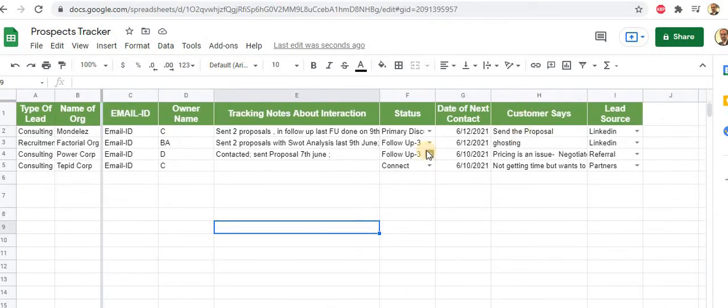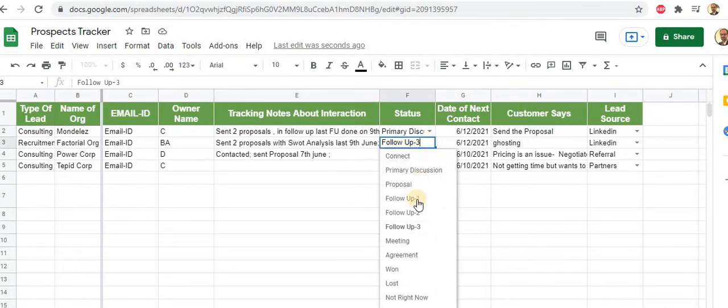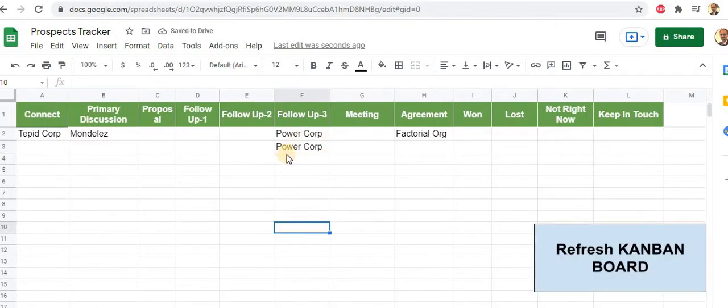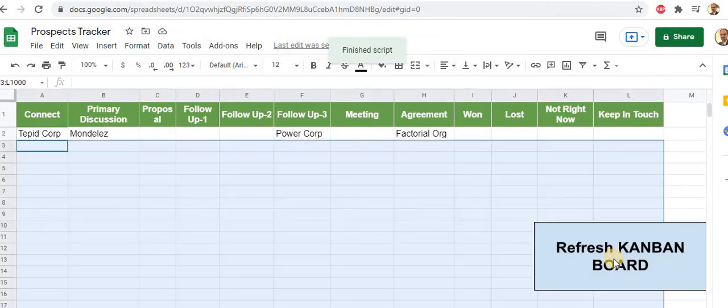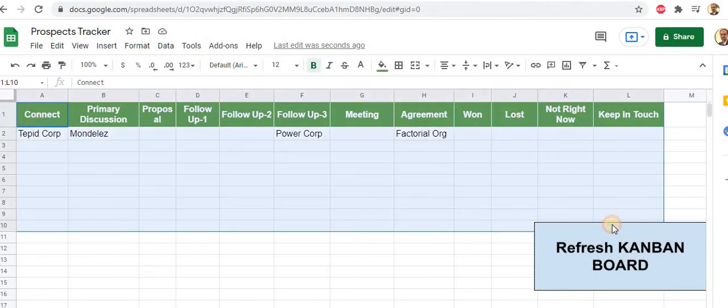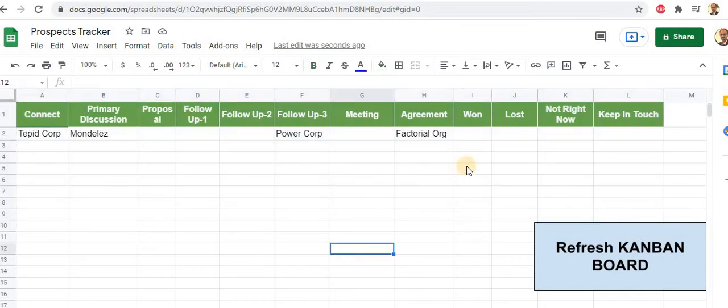Let's say the Factorial organization moves from follow up to agreement. Let's see what it shows. There you go, this is clearly a bug, so I simply click on refresh. One good practice is that anytime you are checking the Kanban board, simply click on refresh Kanban. I'll share this sheet so that you can make a copy. It's a very simple script that I've used, and it tells you which lead is in which phase, which ones are to be acted upon, etc.